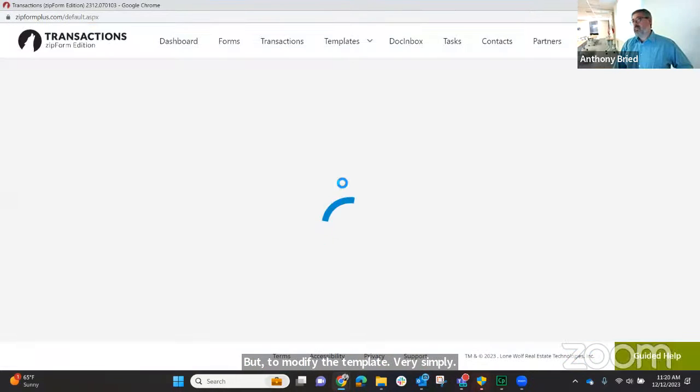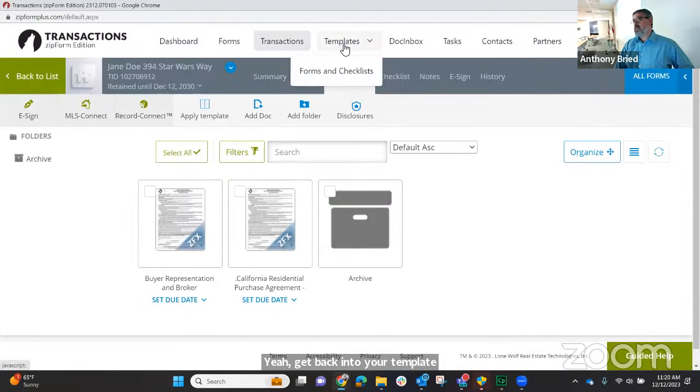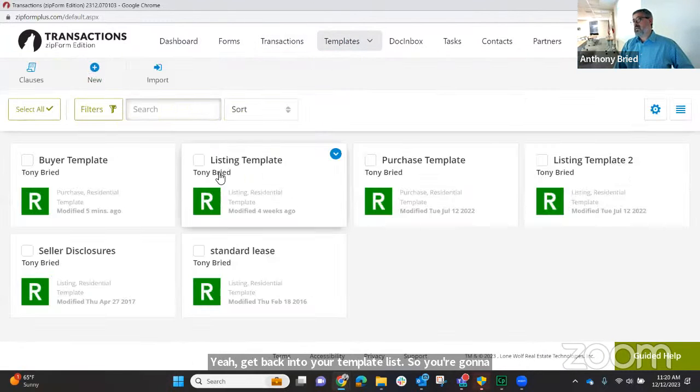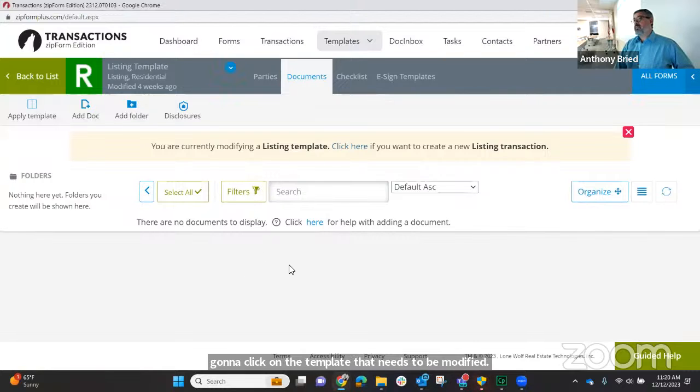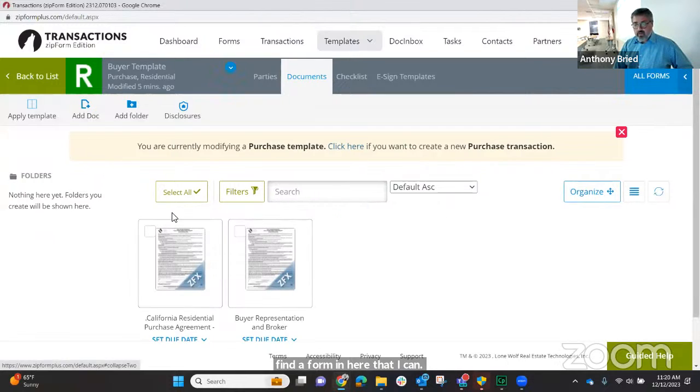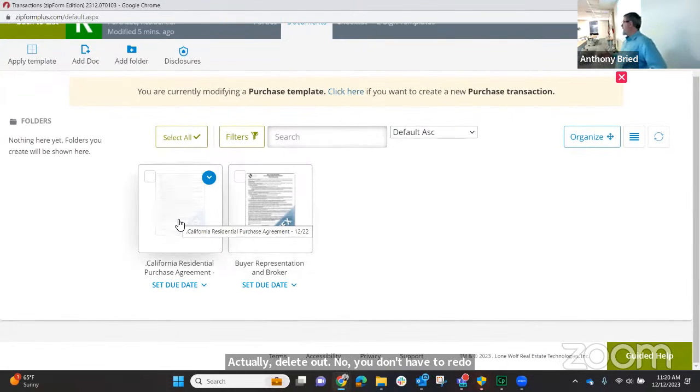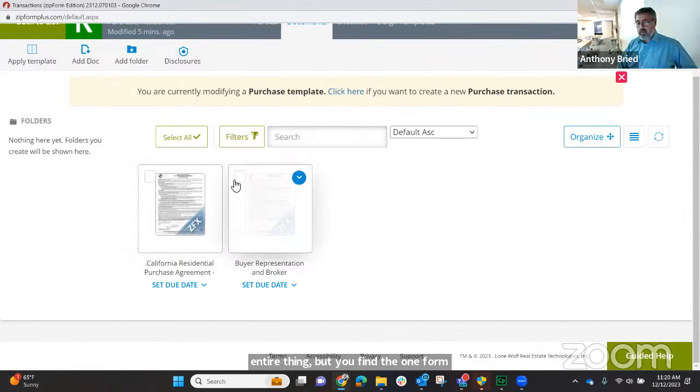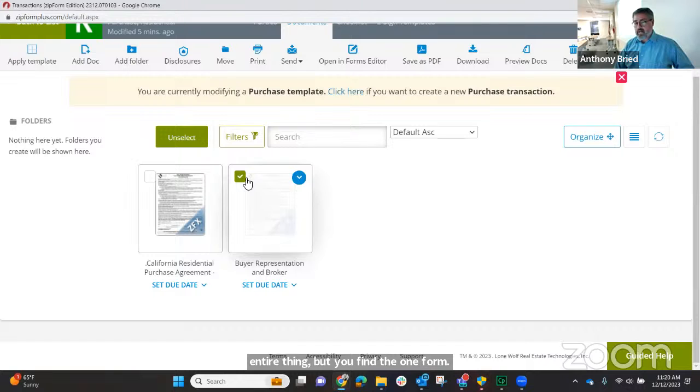you're going to get back into your template list. So you're going to go to templates, go to your forms and checklists, and from here, you're going to click on the template that needs to be modified. And now you're going to find the form, and you're going to be able to delete it. You don't have to redo the entire thing, but you find the one form. Say the buyer broker agreement, BRBC, got updated. Okay, I'm going to get rid of it. So I'm going to select it, delete it,